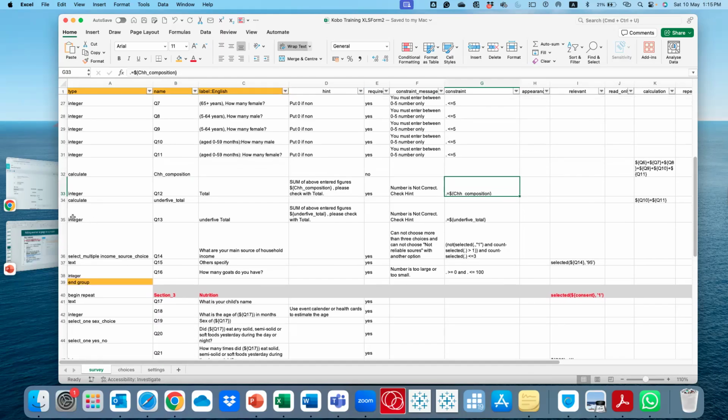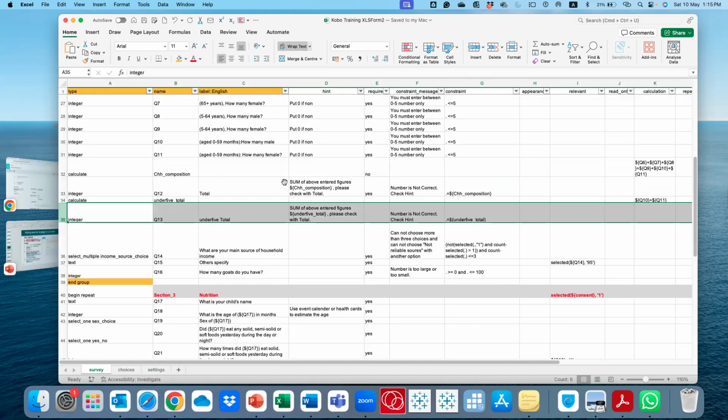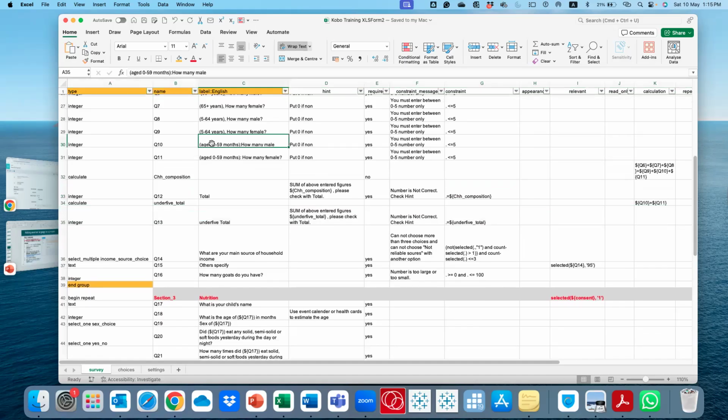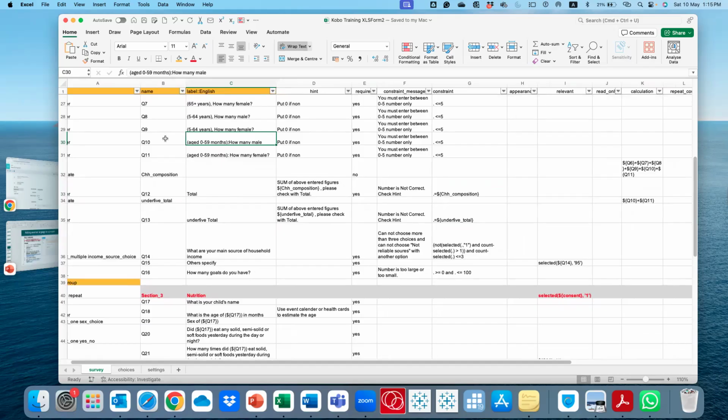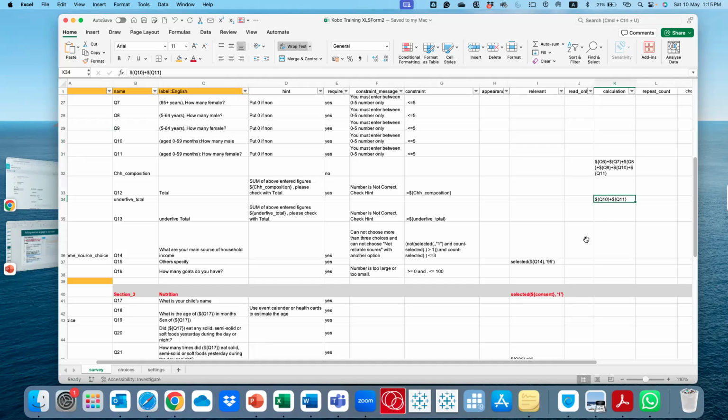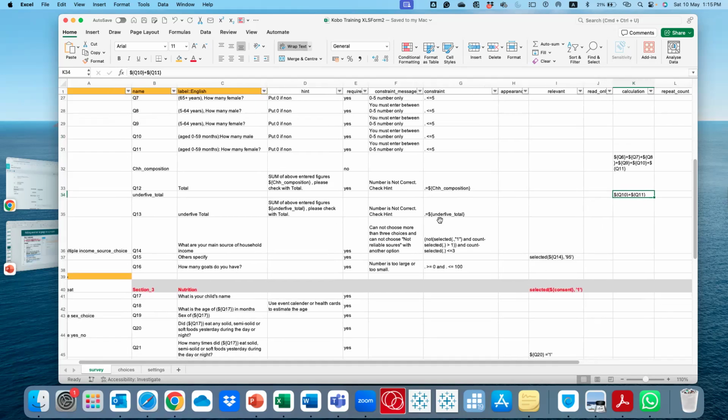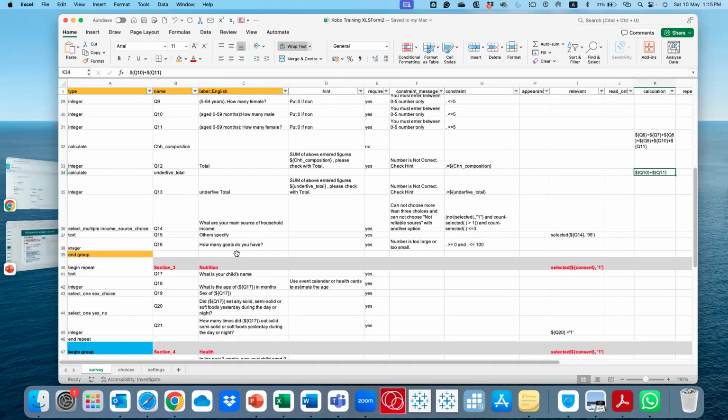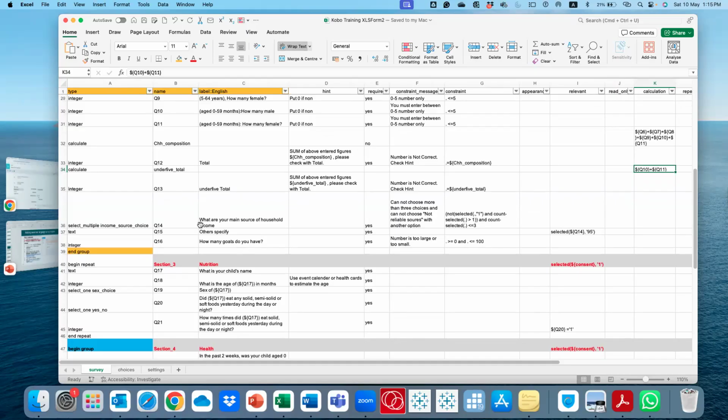So, this is the same, this is for under 5. For under 5, you see that here you're taking the number of under 5, 0 to 59 months, both male and female. So here the calculation would be you're only adding these two, which is question 10 and question 11 there. And you can check the same thing, just to check that what they are telling you is correct. So those are some of the additional things that you do.